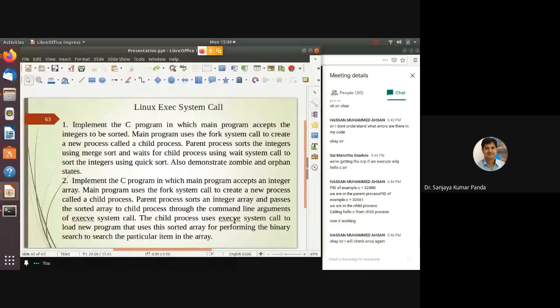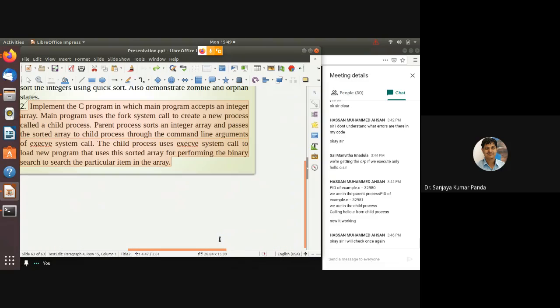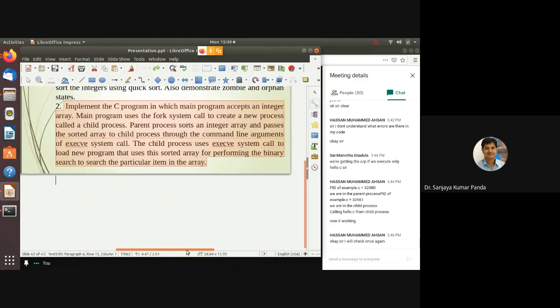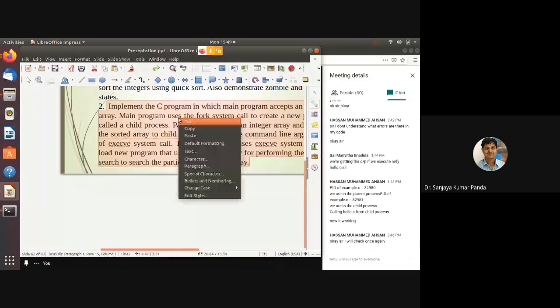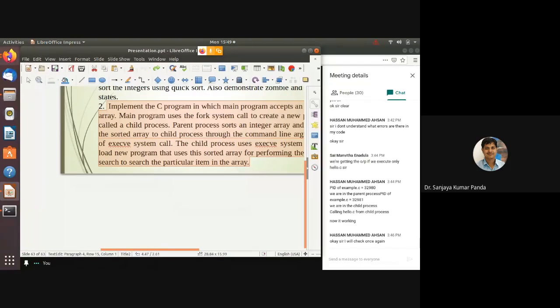The child process uses the execve system call to load a new program that uses the sorted array for performing binary search to search for a particular item in the array. This program you implement by the next lab. I am sharing this program through email.